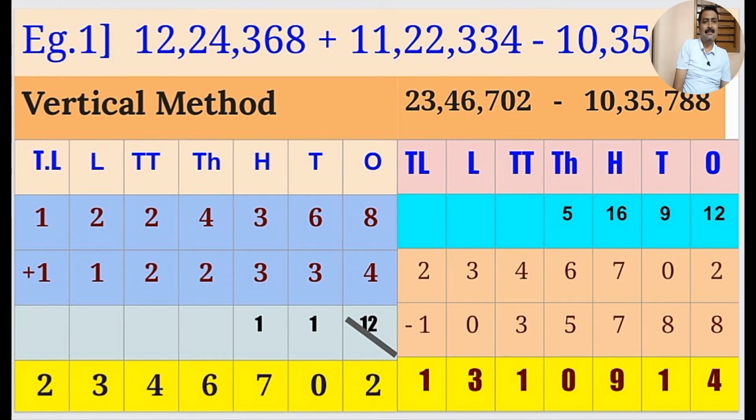So look at the ones place. 2 minus 8, it is not possible. So to carry out that subtraction, we take one carry from the next digit. After taking that one carry, we get a 2-digit number there, that is 12. So 12 minus 8, remaining 4 there. After that, instead of 0, there is the remaining digit 9. So from that 9 we subtract 8, that's remaining 1.